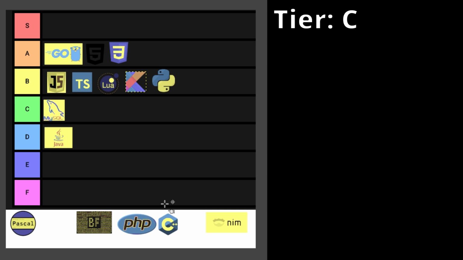In my opinion, Nim, even with all of its drawbacks, by far is my most favorite programming language. I love types. I love Python. I love performance. And Nim has all of that for me. Unfortunately, even though I do love Nim so much, it's only going to get a C tier. If I had full control here, I'd give it an S tier because that's what it deserves. But it gets a C tier.